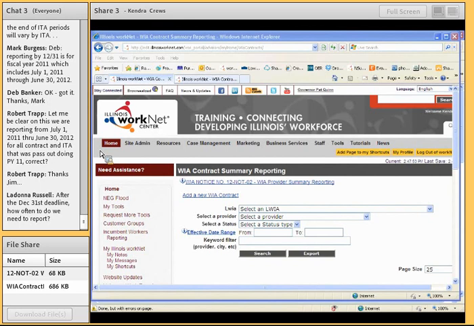So I would recommend not reporting until after July 1st, 2013. And you know what all the amounts are. It probably wouldn't be a problem for the service provider contracts, but for the ITAs,